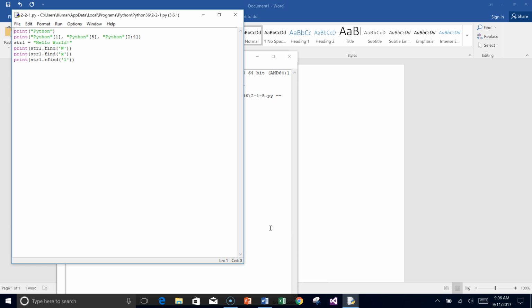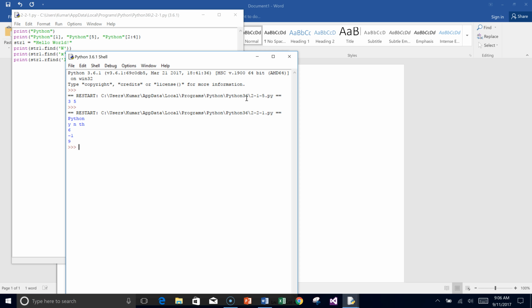So here I'm going to say print Python, and then print "Python" in quotes. I'm saying 1 there and then 5 and then 2 colon 4, and then I'm also saying string "hello world". So just go through all of this, and then if I run it,